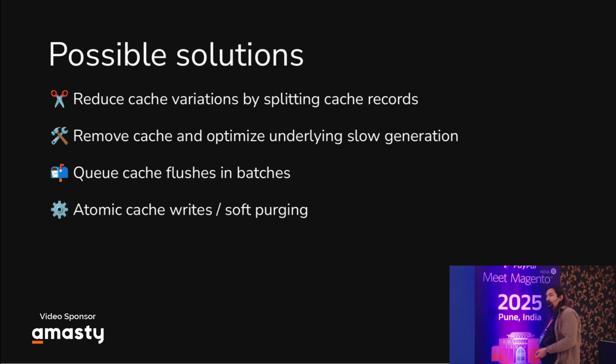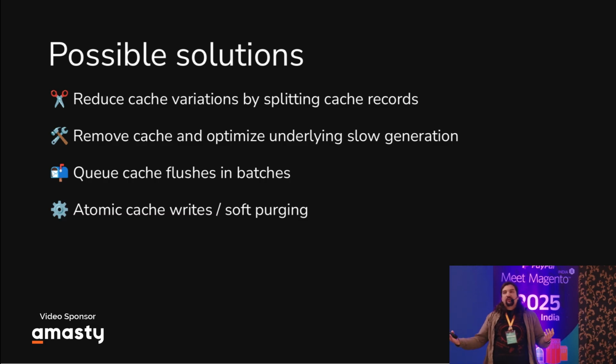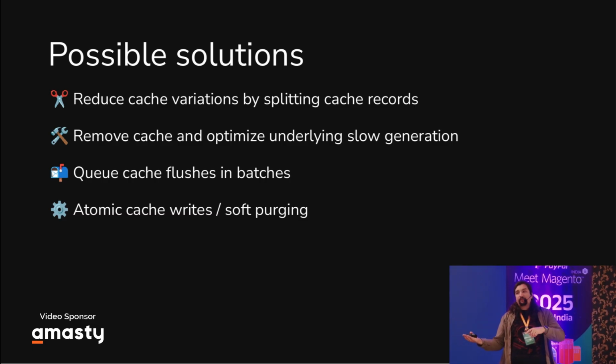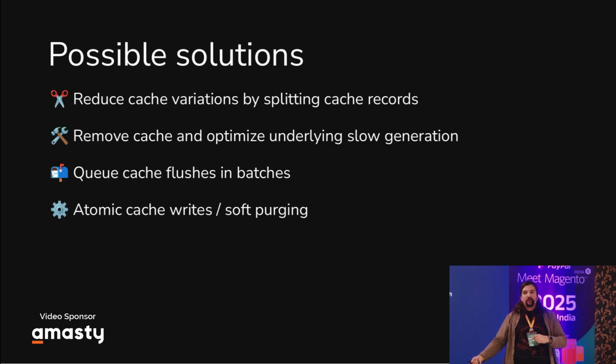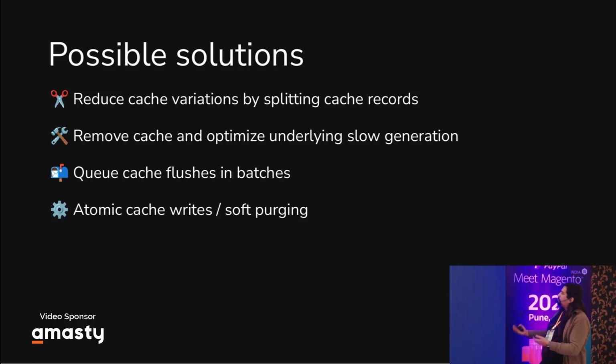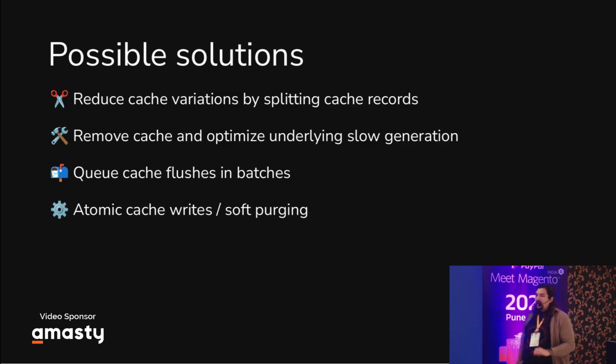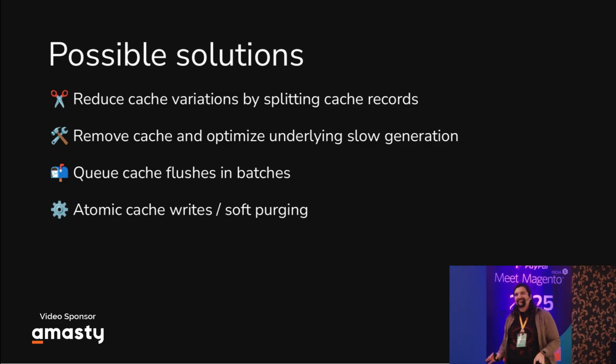Another thing is atomic cache writes. What does it mean to have an atomic cache write? It means you keep the old cache entry alive while you are generating a new one. So you never have no cache entry at all. And in that case, if you update something, you already generate a new version of the cache at the same time. So this can help to solve the problem of low cache hit ratio. However, I'm not a big proponent of cache.